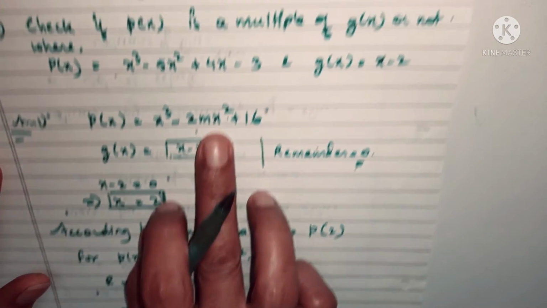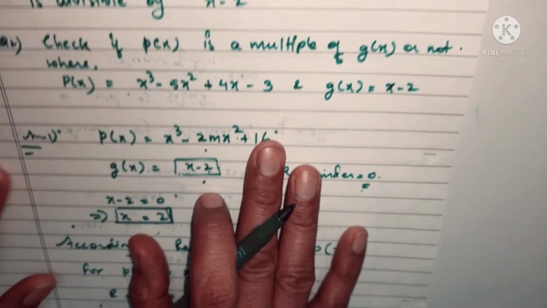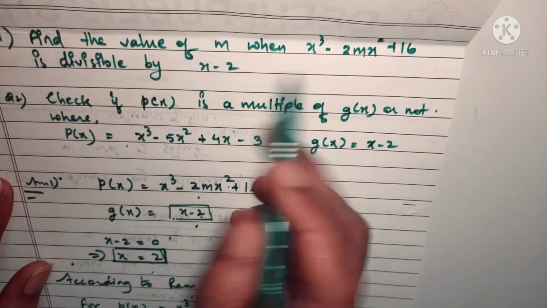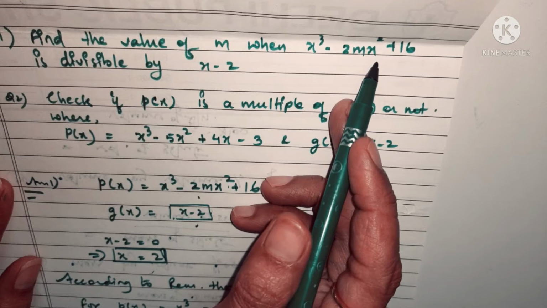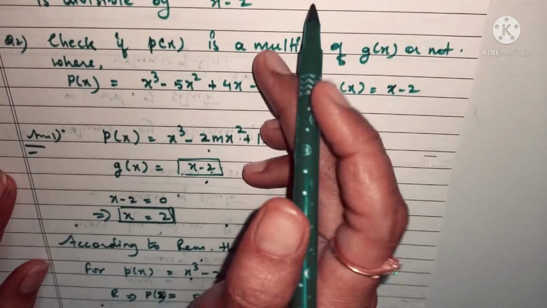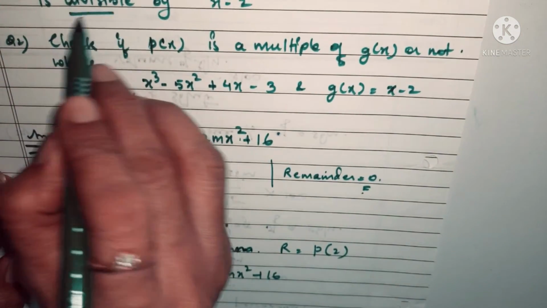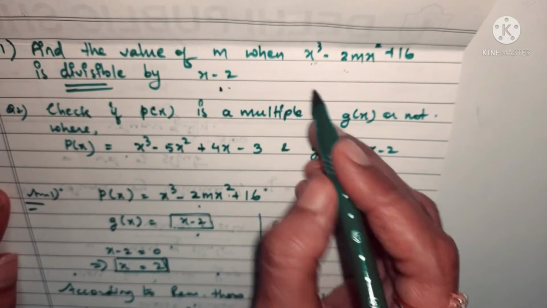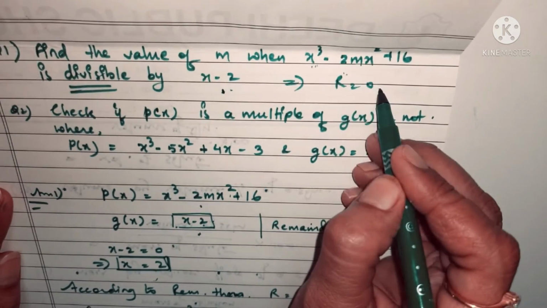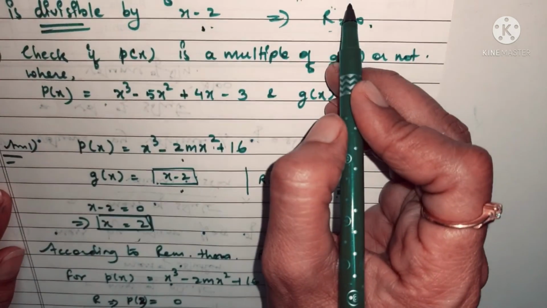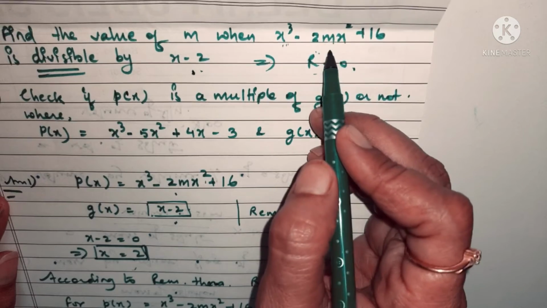Understood what we have done? हमने किया क्या इसमें, हमने जस्ट पॉलिनोमियल जो दिया हुआ था उसमें ये भी गिवन है। गिवन में हमारे पास दो पार्ट्स हैं कि एक तो ये दिया हुआ है कि ये क्या एक्सप्रेशन है पॉलिनोमियल, और हमारे पास दो पॉलिनोमियल्स दिए हुए हैं जिसमें एक पॉलिनोमियल हमारे पास ऑलरेडी है और जो दूसरा पॉलिनोमियल है ये लीनियर एक्सप्रेशन के फॉर्म में है, लीनियर फॉर्म में है। And we are also given that this polynomial is divisible by this polynomial, this expression is divisible by this. It means this implies that remainder is zero. अगर रिमाइंडर ज़ीरो है तो हम क्या करेंगे, रिमाइंडर को इक्वल कर देंगे ज़ीरो के और फिर we will find the value of m. उसी तरह से हम m की वैल्यू निकाल लेंगे, because you have to find the value of m here.